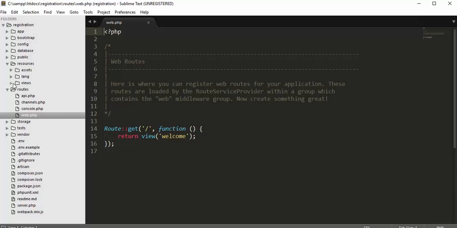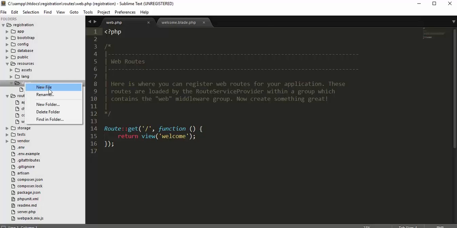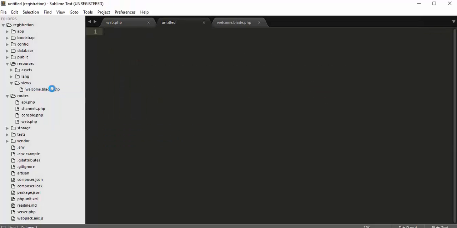So we need to go to the view folder, and inside the view folder we will find the welcome.blade.php file. So actually we are calling this welcome.blade.php file here inside my route. Now instead of that, if I create another view, right click on the view folder and then click on new file, save it as